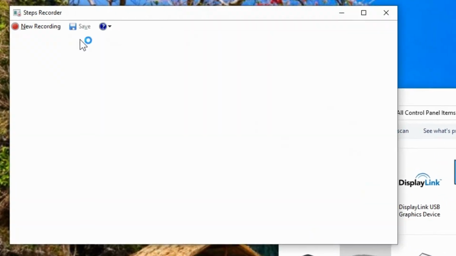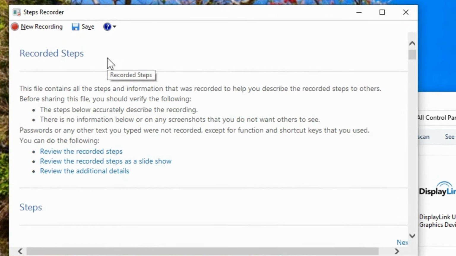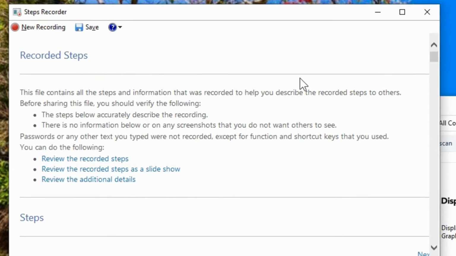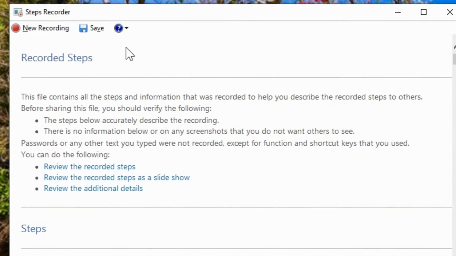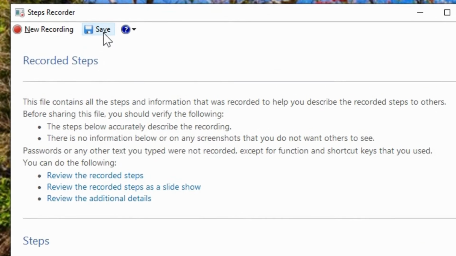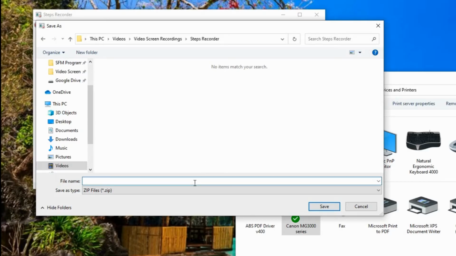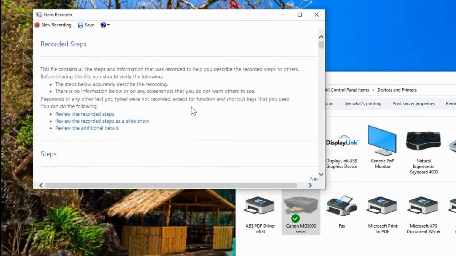And we'll hit Stop Record, and this now gives us a sample of the document, which we can hit save and save that. We'll save that in here. It'll go in a zip file. We'll just call it error, and it saves it as a zip file. So that's saved. So you could actually email that document to your technician, and this is what they would see.